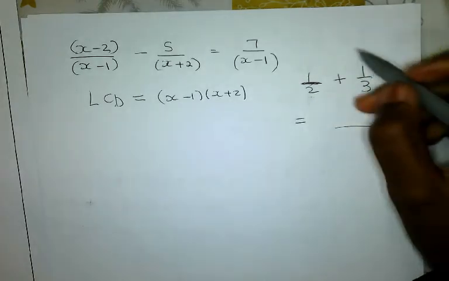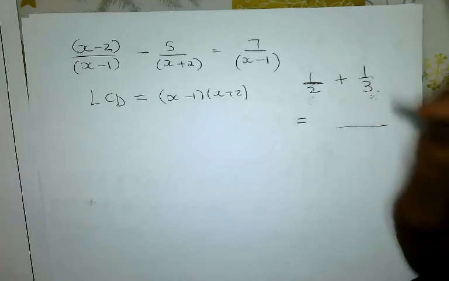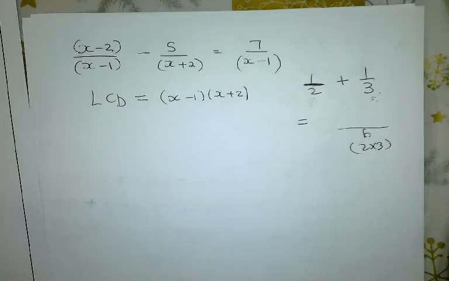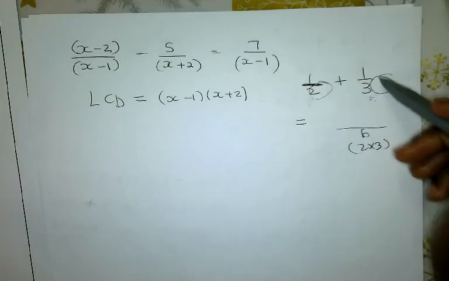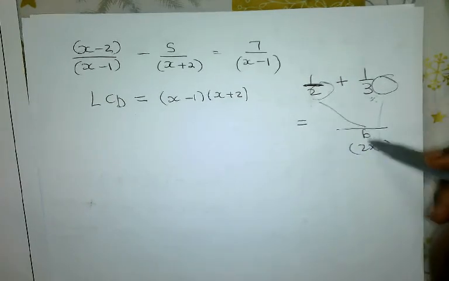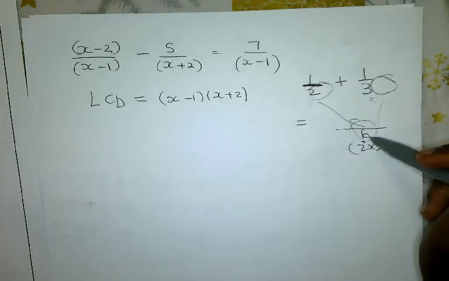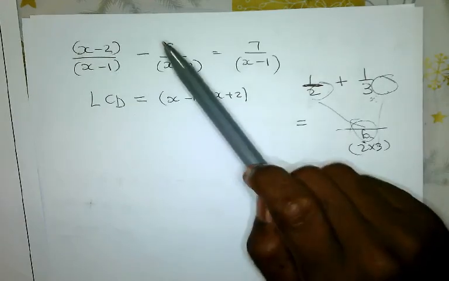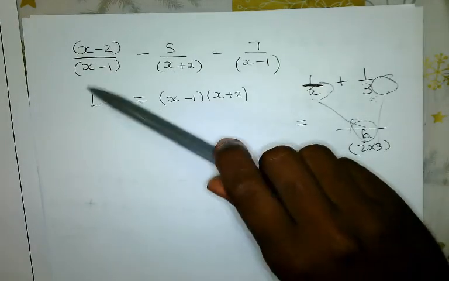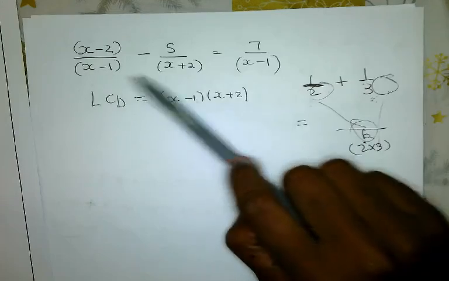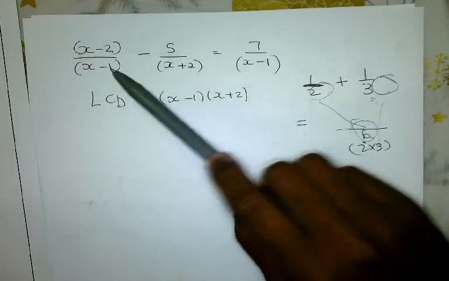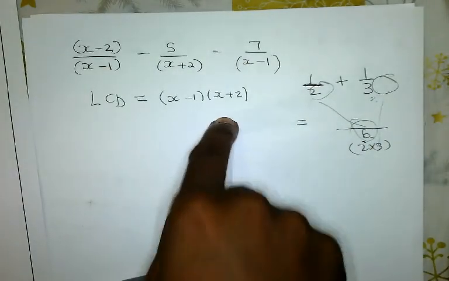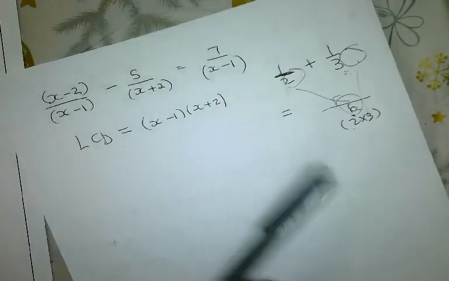What number can these two numbers go into? 6. How do we get 6? 2 and 3. Do you get it? By just joining these two denominators together, then both of them can go into it without a remainder. That's why I choose this one and that one. This one already is the same as that one. So you just look for a number, or an expression, that the denominators can go into. And once you have identified your LCD,